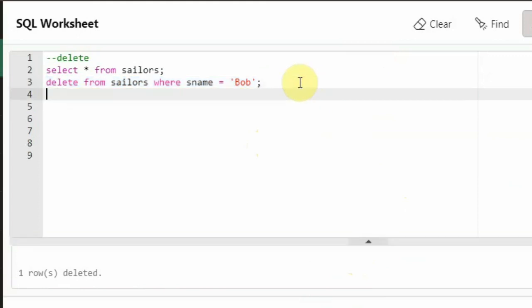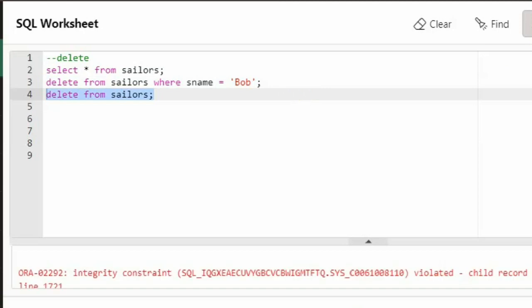For example, if I want to delete all the entries from the sailors table, I'll just say delete from sailors. And as I execute this, all the data in the sailors table will be deleted. But as I already told you, there is an integrity constraint: some of the sailors exist in the reserves table.